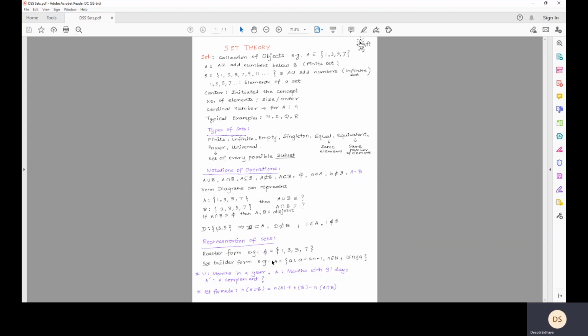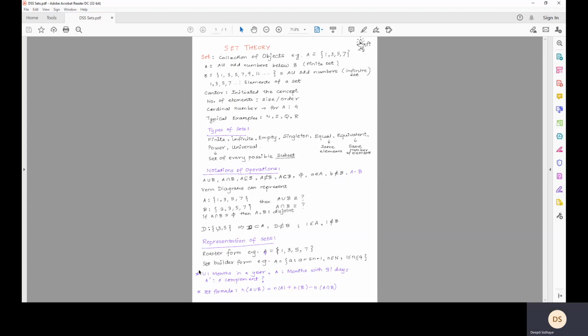For example, here you can say that A is equal to {a such that a is 2n minus 1, where n belongs to the set of natural numbers, and n is less than or equal to 4 and greater than or equal to 1}. So here basically n takes 4 values, 1, 2, 3, 4. Now if you substitute these 4 values here, each one of them will give you one element from set A. For example, if I put n is equal to 1, 2 into 1 is 2 minus 1 is 1. If I put n as 2, 2 into 2, 4 minus 1 is 3, and so on and so forth. So these are two representations of sets.